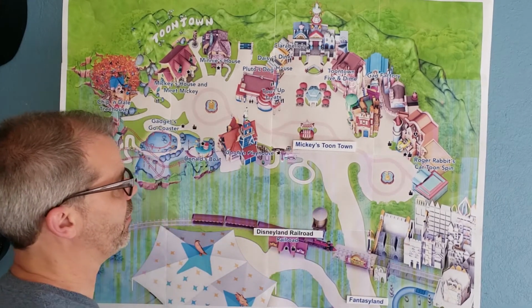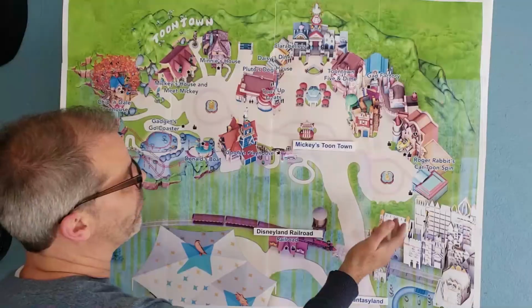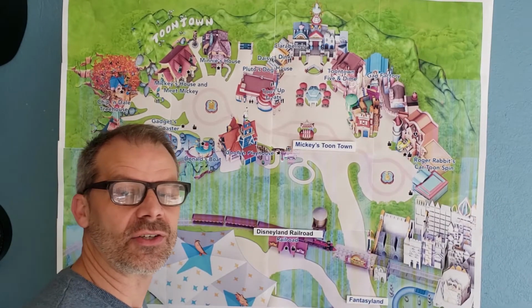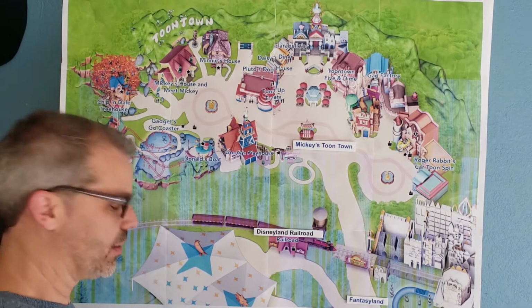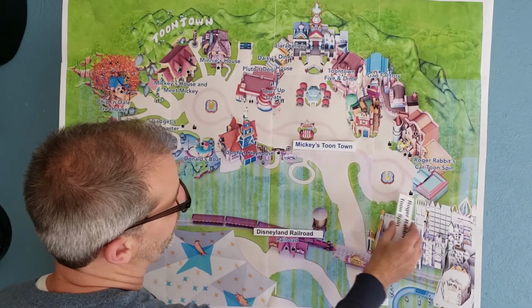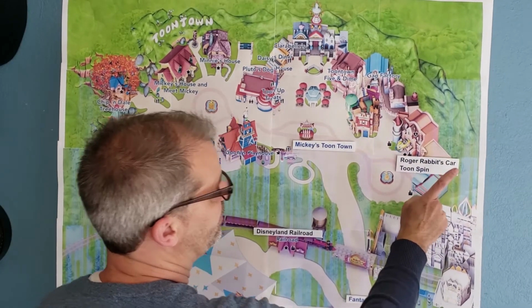which is kind of nice if you have a kid and you're not really letting them run wild, but giving them some freedom. It's comforting to know there's not some back exit where they might just exit out onto New Orleans Square or something. All right, so I'm going to go counterclockwise here and start with the e-ticket ride,